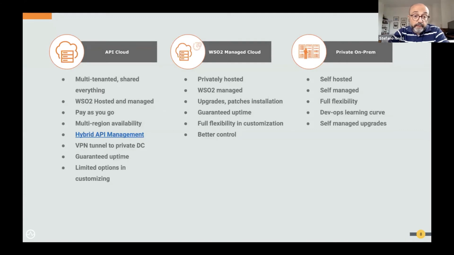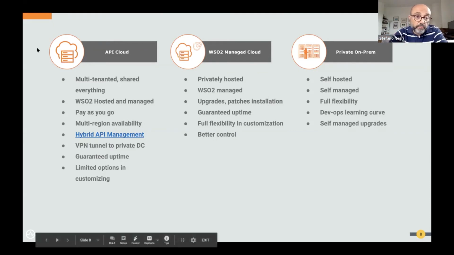And another point that distinguishes us is the flexibility in the deployment. And not only flexibility in terms of distribution of the components that I mentioned before, but the choice between cloud, private, or mixed solution.